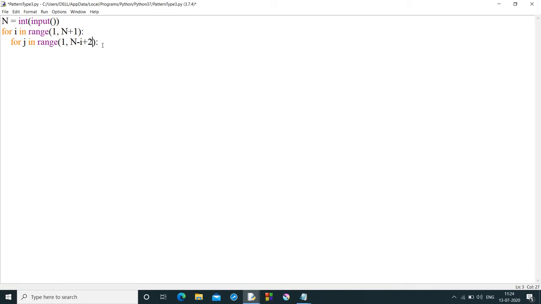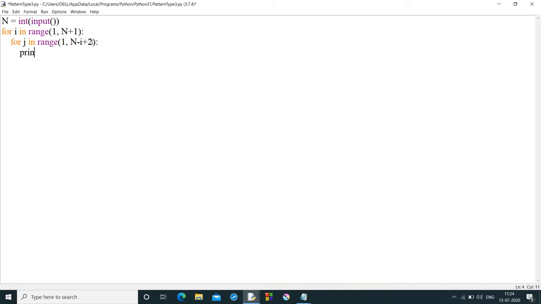The purpose why I am writing plus 2 is just like this plus 1. Why are we writing this plus 1? Just to include the last value, as we are starting from 1. And if we start from 0, then it's simply n minus i plus 1 only. As we are starting from 1, we need to include one more value. For that reason I am writing n minus i plus 2.